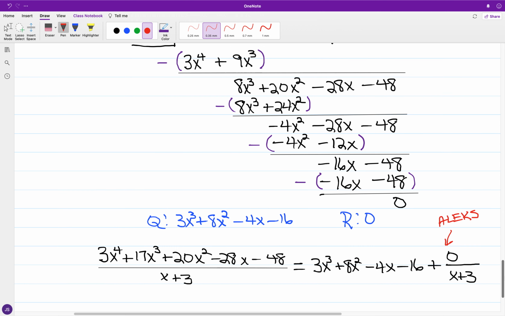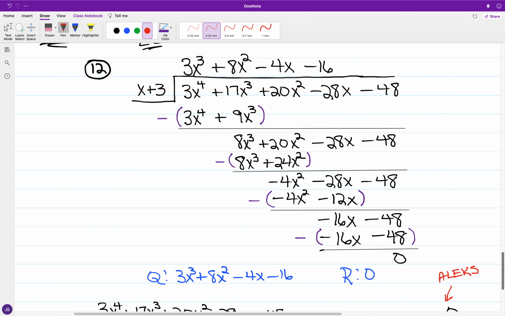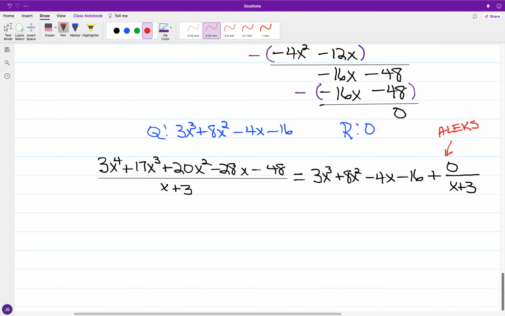Now, for a problem like this, you could use synthetic division. But for that which you could not use synthetic division, will be something like what we have in number 16. In 16, the divisor is going to be x squared minus 3. And the polynomial dividend,